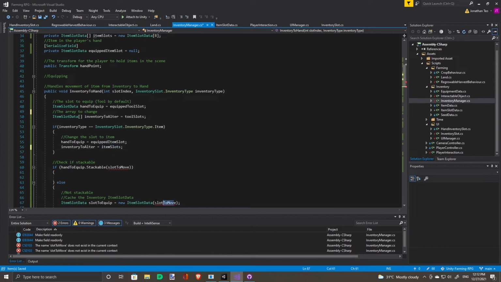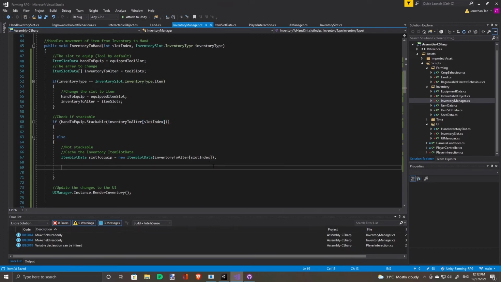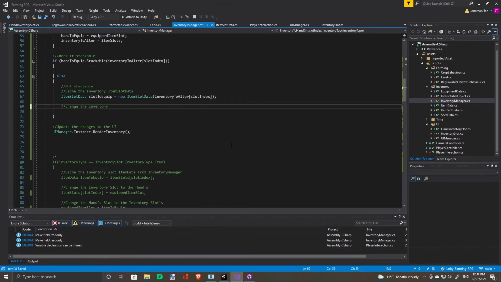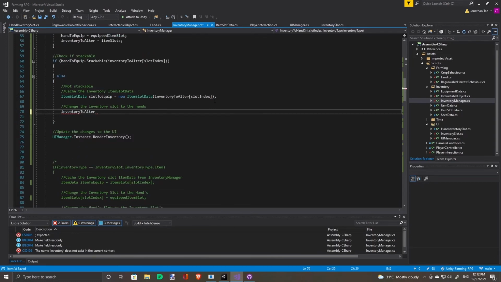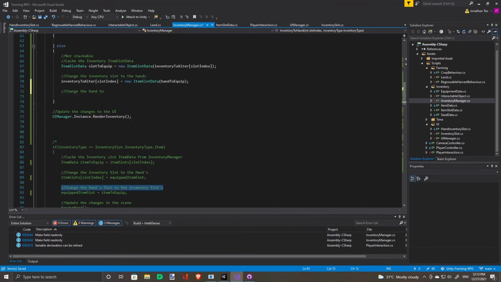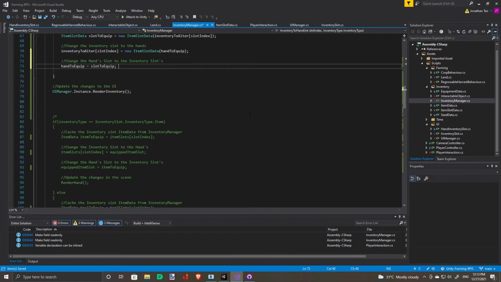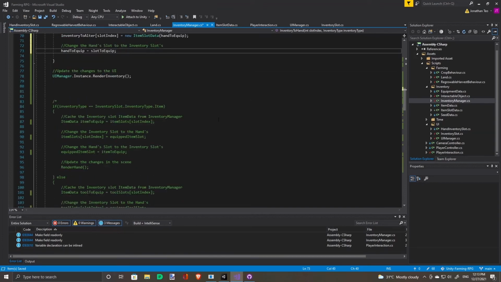So instead of this, set the slot index. This is better. Check if this is stackable. If not, we'll clone it. So we change the hand slot to the inventory slot. And update the changes in the scene.